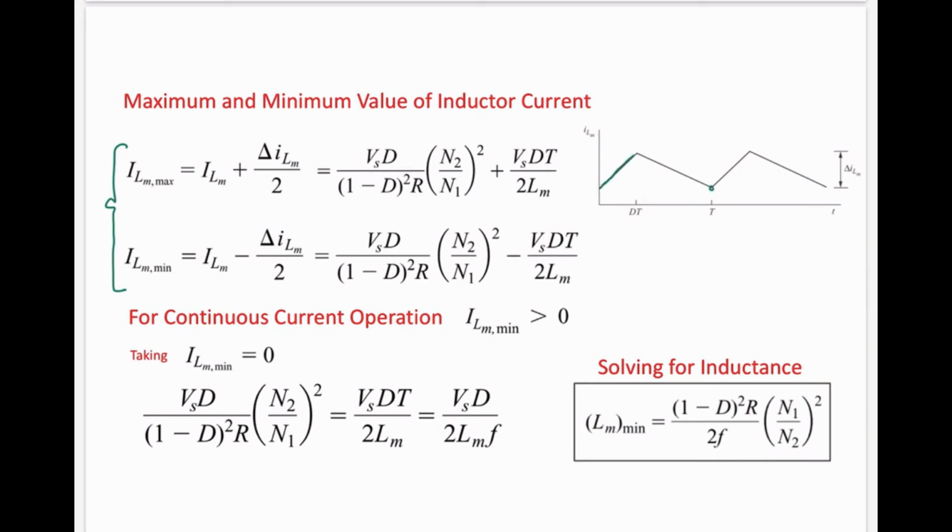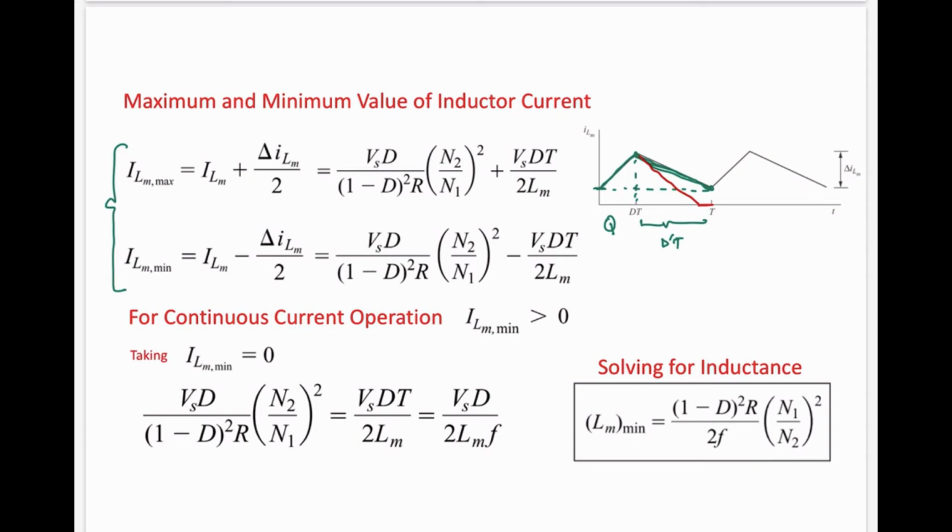Now for continuous current, when you have turned on the switch, Q is on over here, up to interval dt, the current increases from some value to the maximum value, and then when you have turned it off for this interval d prime into T, the current will be decaying. For continuous current, it must not reach 0. Rather, it should reach back to the same level of current that was there at the start of the cycle. But if this current reaches back to 0 before the start of the next cycle, we say that this is the discontinuous mode, DCM. We will analyze it in the upcoming slides.